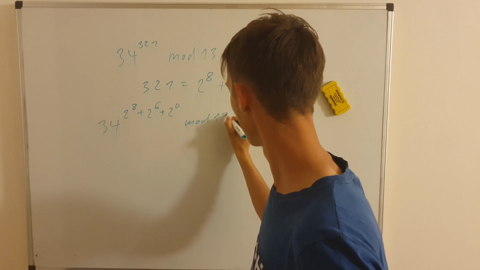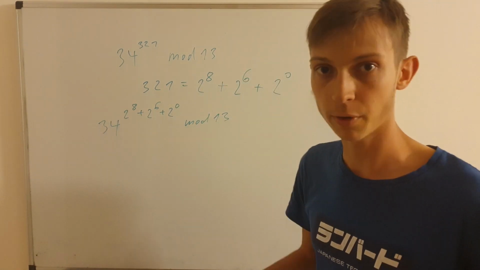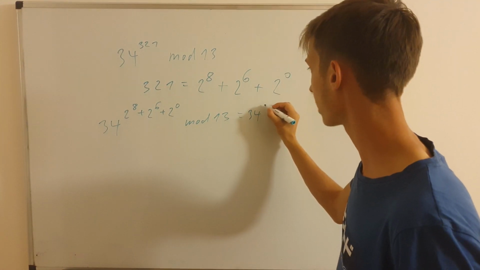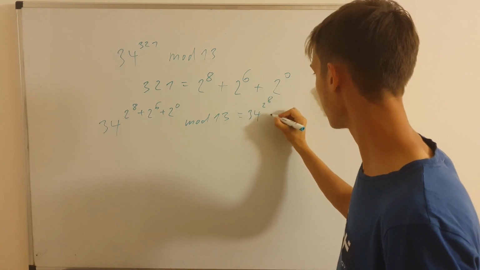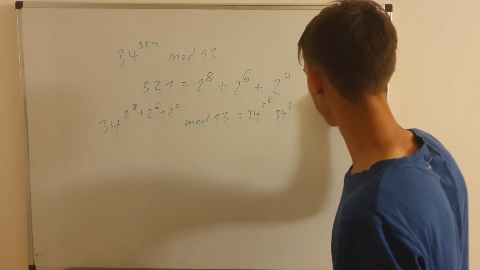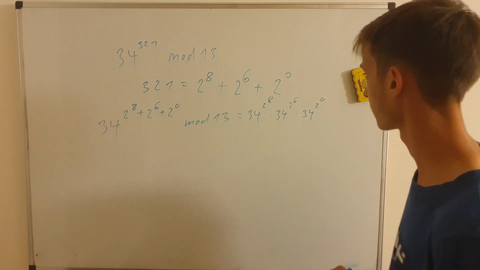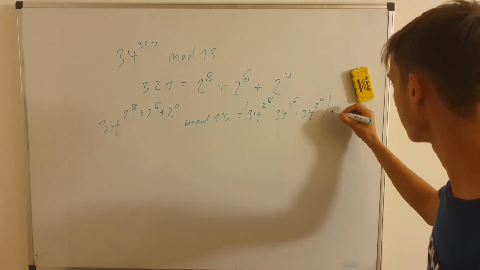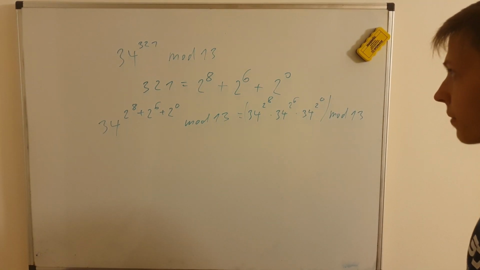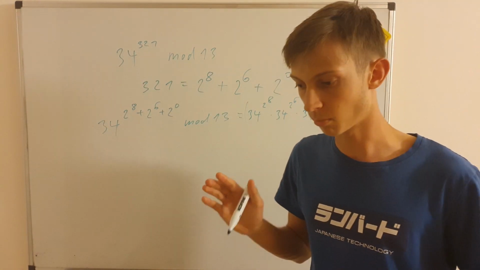mod 13. So we are still taking the mod of the same number, we just wrote it in a different way. And by this, I can rewrite it further by properties of exponents, as this times this times this. All of this mod 13 still. That's the idea here. And now that I have it rewritten like this, I can start applying these modular arithmetic